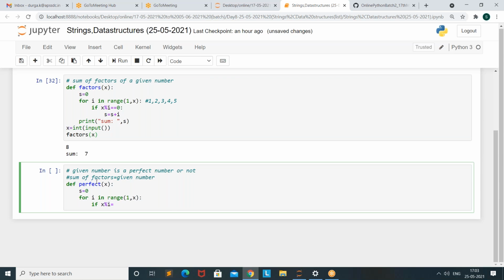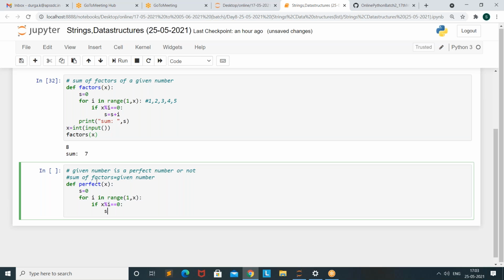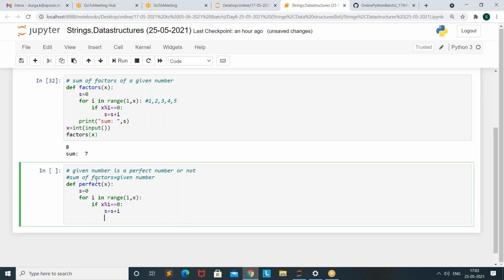This is the condition for finding the factors. This is for the sum. So here what will we get? We will get the sum, right? We have to check whether the sum is equal to the given number or not. So for that, I am writing another condition.